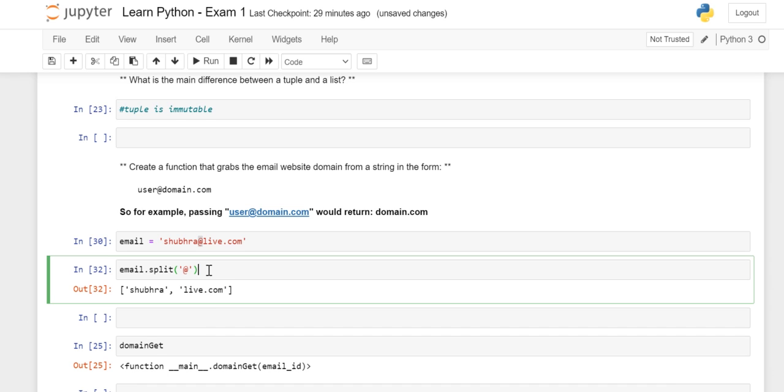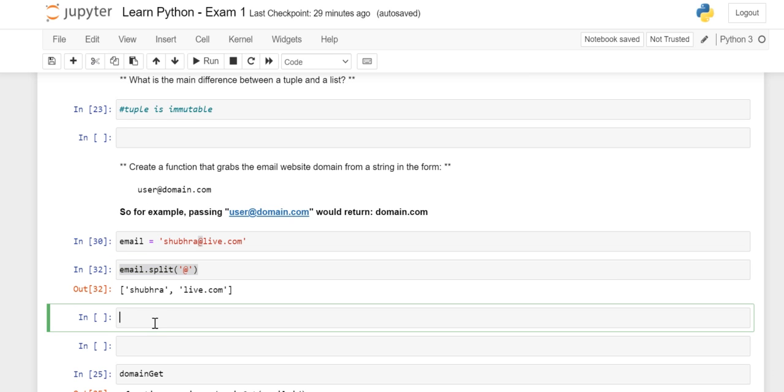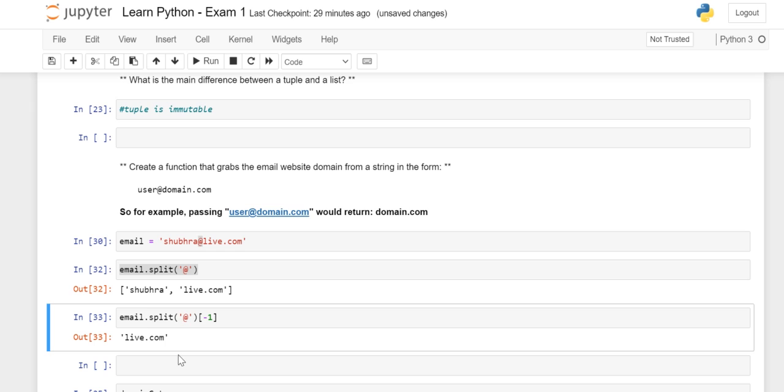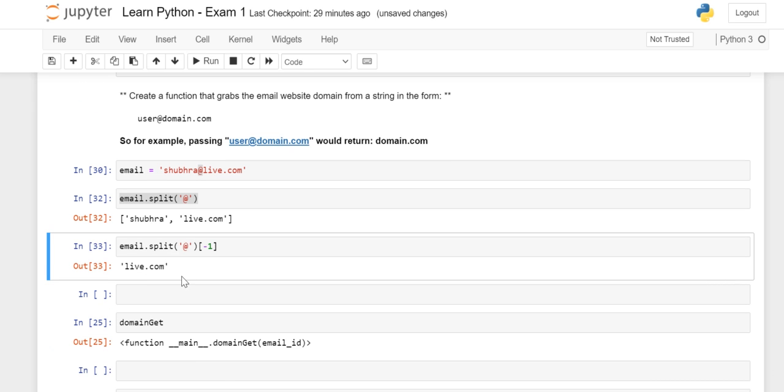There are two ways: you can go with forward indexing or backward indexing. In these types of questions, always go with backward indexing, because our objective is to grab this last portion. Fine. So I will go with -1. So I got my live.com.